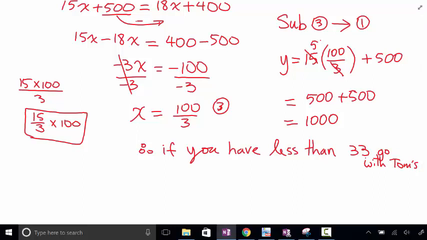Okay, you understand? But if you have more,